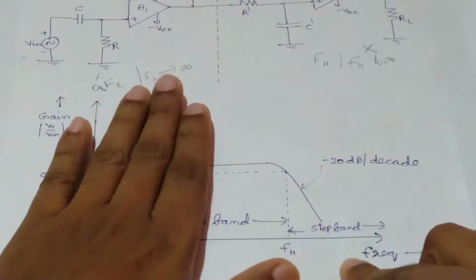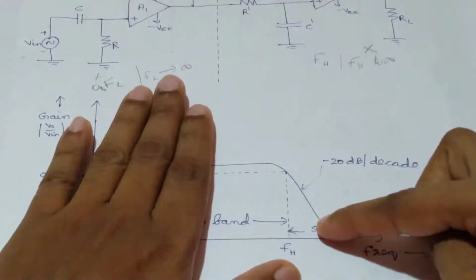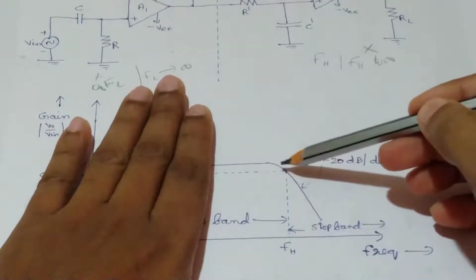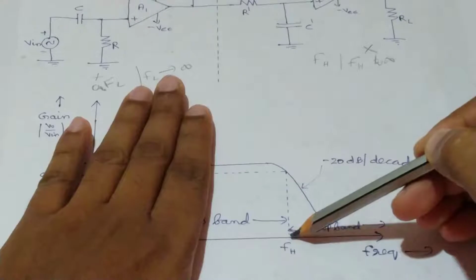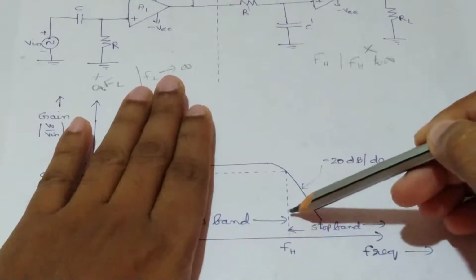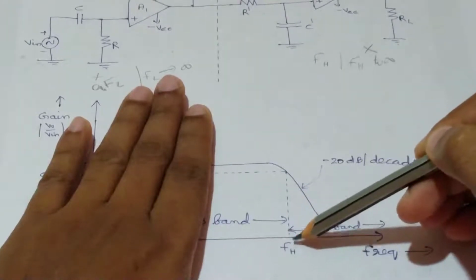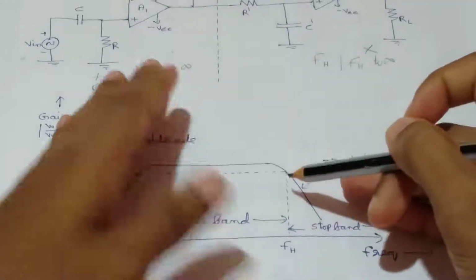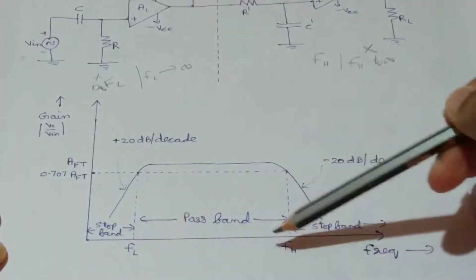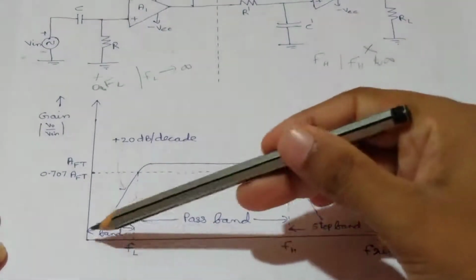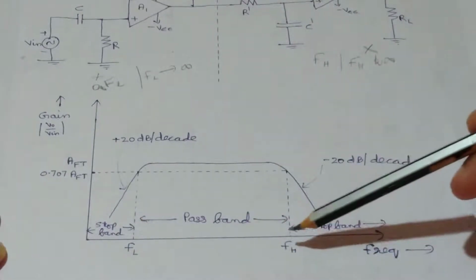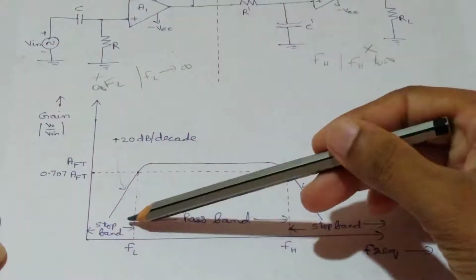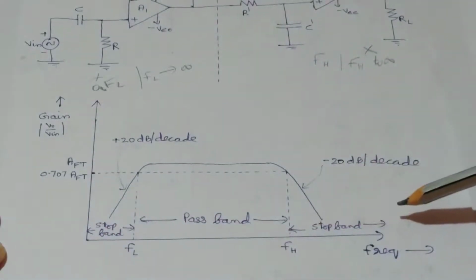Now the FL to infinity frequencies are applied as input to the first order low pass filter, and this second section actually represents the response of that first order low pass filter. As we said earlier, the first order low pass filter attenuates all the frequencies that come after FH, so FH to infinity frequencies are removed. So the pass band will be from FL to FH, and the 0 to FL frequencies and FH to infinity frequencies are attenuated. So this is one stop band and this is the other stop band.